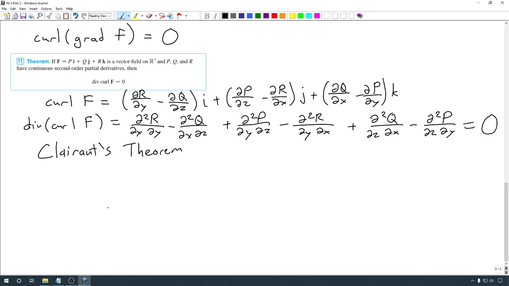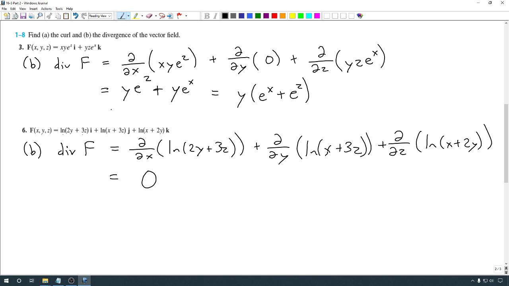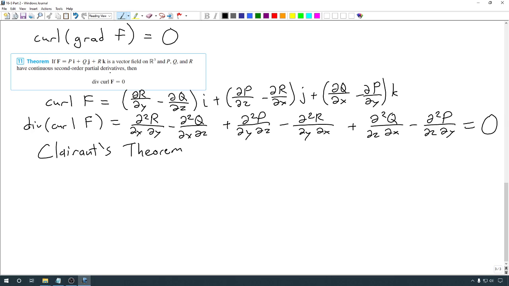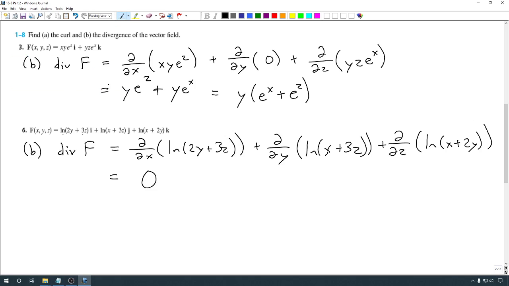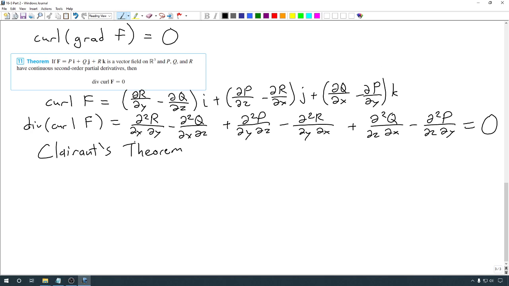What that actually means is that back here, when we found that the divergence of this vector field was 0, that leaves open the possibility that there may be some vector field where this f here is actually the curl of that vector field. Now, we're not really going to go too far into that. That doesn't necessarily mean that there is one,